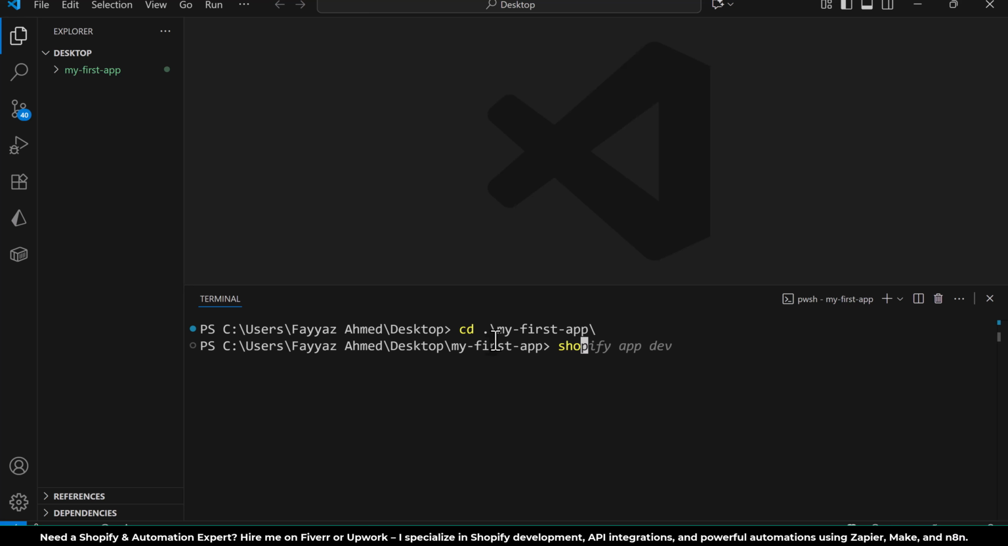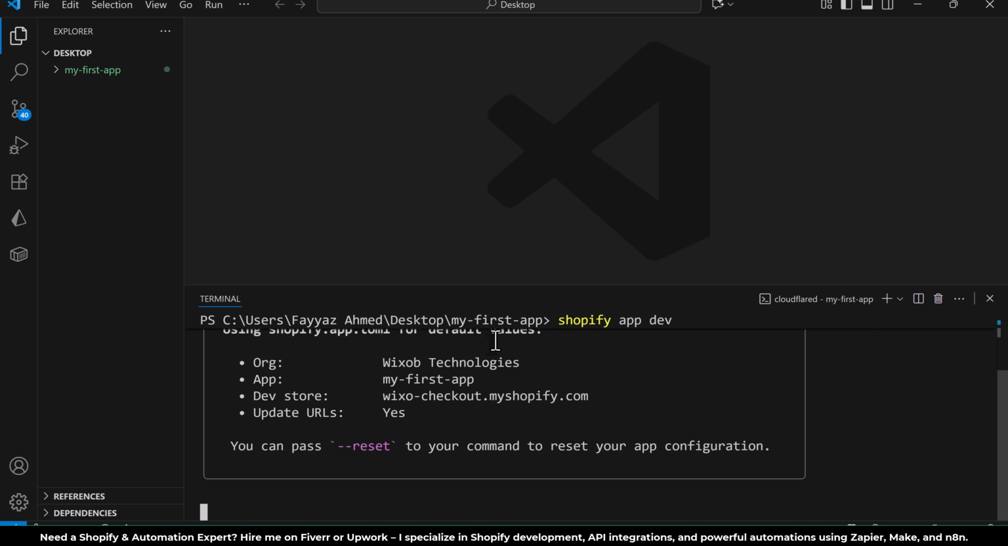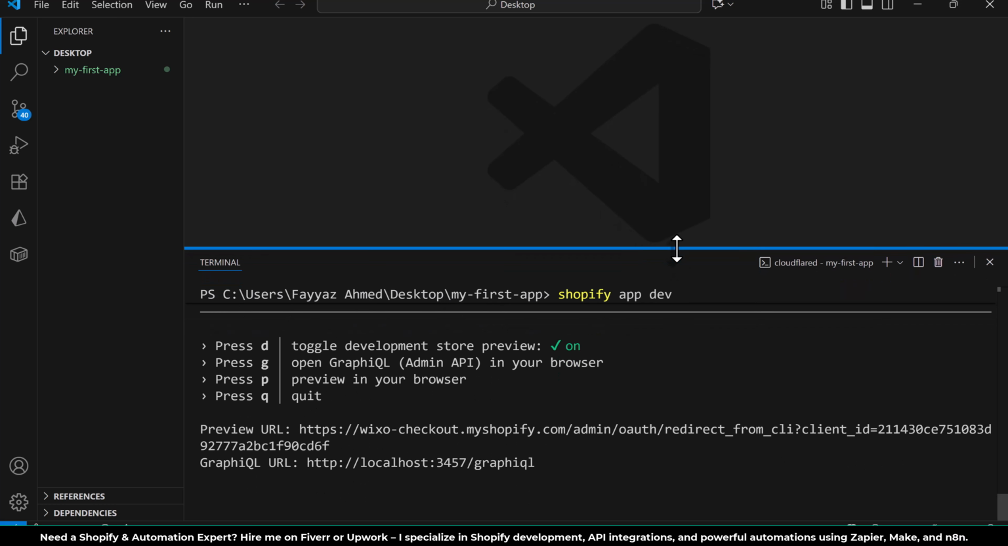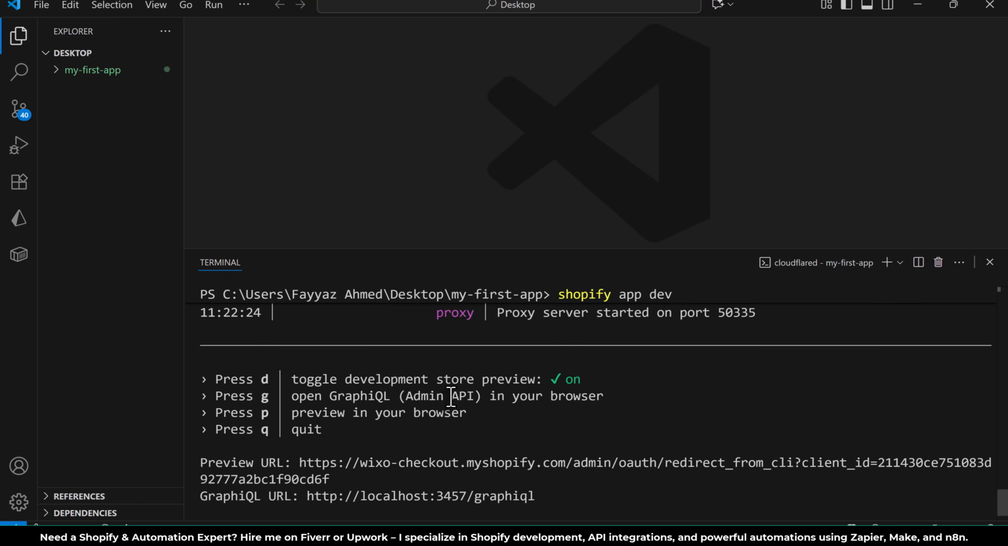Now you will type Shopify app dev to start your app. So I will press enter, and it is going to ask me about my store. So I will select my store where I would like to preview the app. In my case, I selected this Wixo checkout, my Shopify, and now we have different options like